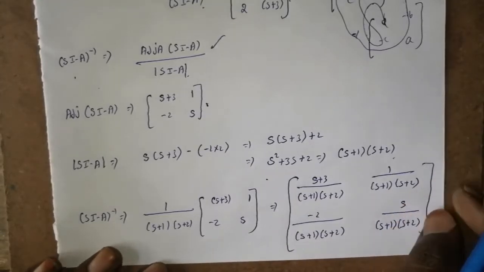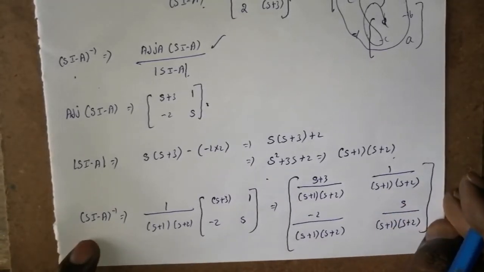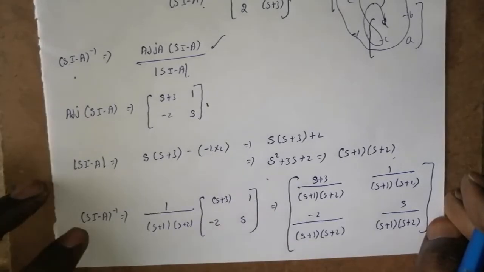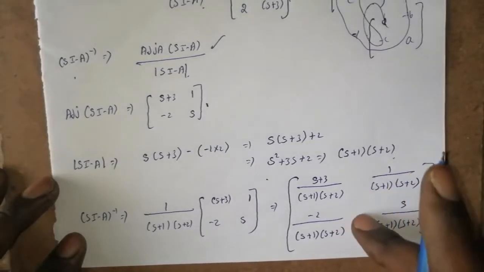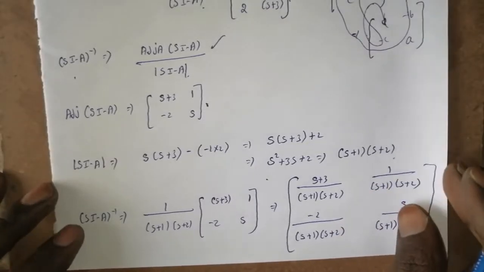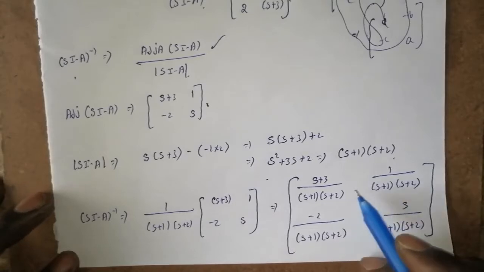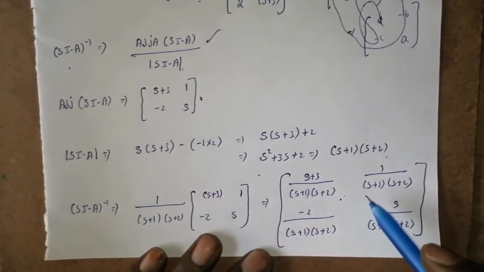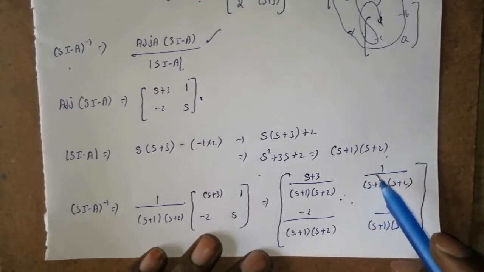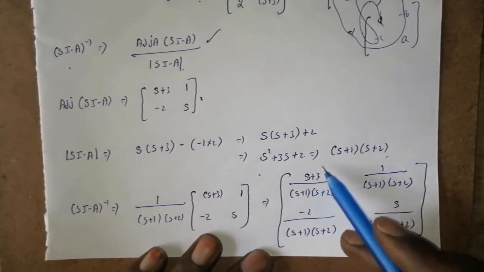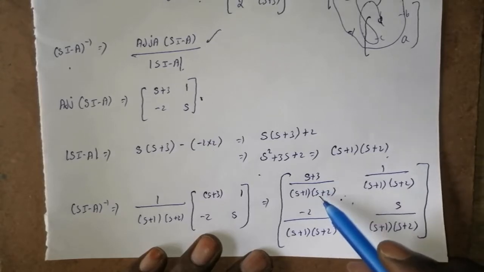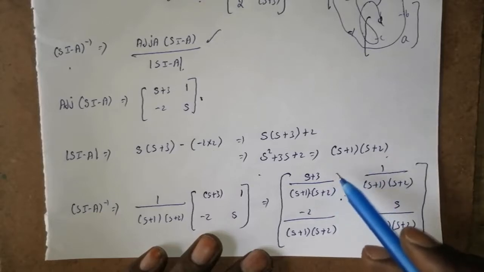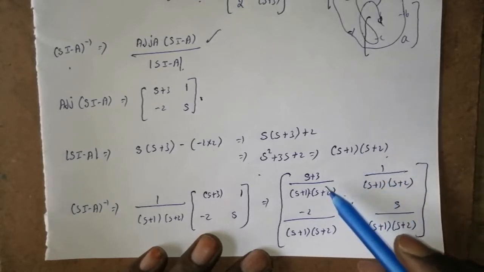Now this is the matrix, (sI minus A) inverse. Now we have to apply the inverse Laplace transform to this matrix, and only then can we get the state transition matrix. The need for the inverse Laplace transform is that we have to convert from the s domain to the t domain. We can't directly apply the inverse Laplace to terms like this, because the denominator has factors. So if you want to apply the inverse Laplace to terms like these factors, we first have to apply partial fractions.